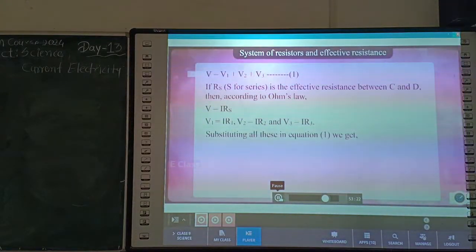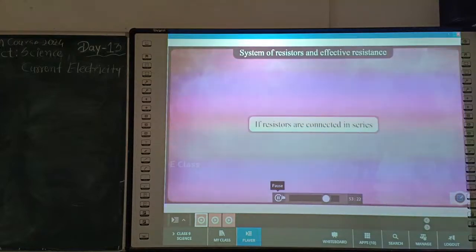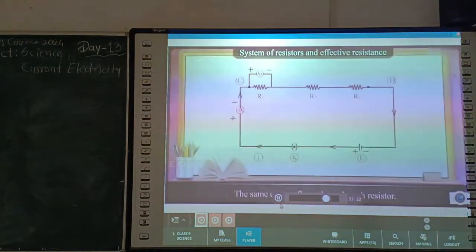Substituting all these in equation 1, we get IRs is equal to IR1 plus IR2 plus IR3. Rs is equal to R1 plus R2 plus R3. If n resistors are connected in series, then Rs is equal to R1 plus R2 plus R3 plus up to Rn. If resistors are connected in series,